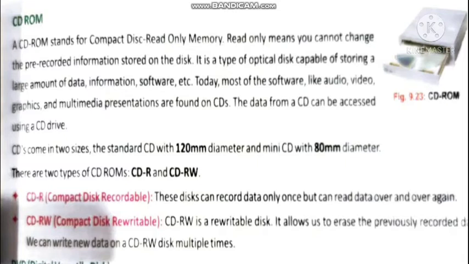Next comes CD-ROM. You all have seen the CD-ROM. A CD-ROM drive is used for reading the data from CD-ROMs, and it stands for compact disk read only memory. You already have read about ROM, where the property was that once the data is recorded, you can only read it from there. You cannot change it, you cannot add some more data to it. It's not possible in case of ROM. So compact disk read only memory is also a variation of that only.